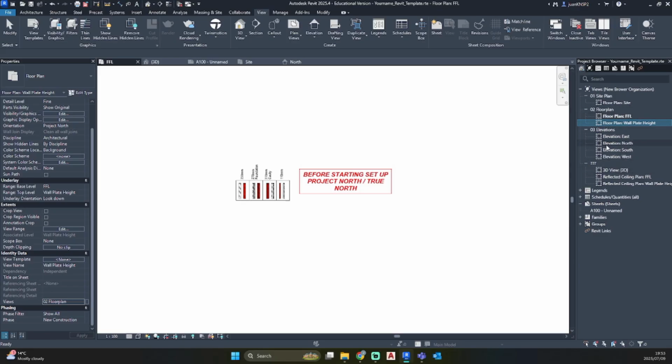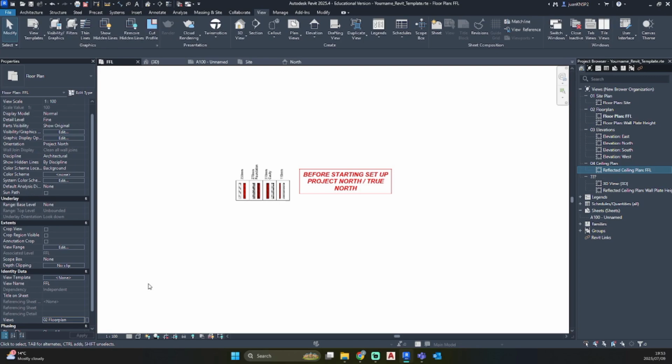So let's create number 4 for the ceiling plan. Go to our Identity Data, 04 ceiling plan, and there it would be in our new category.